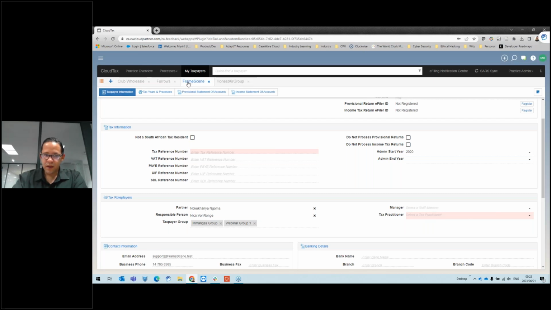Okay. On Frame Scene, you would notice the same. There's a partner, a responsible person, but there's no manager, and that's because there was no manager imported. And then Furrows, you'll notice there's no partner, no responsible person, and no manager. So if you keep note of this client, Furrows,